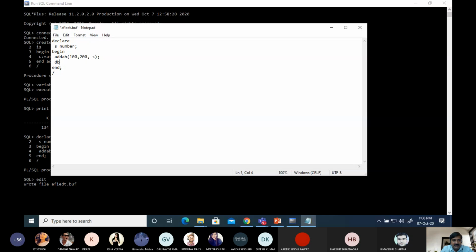Here we will write dbms output dot put line, and here you can format your output, sum equal to, concatenation operator and s.